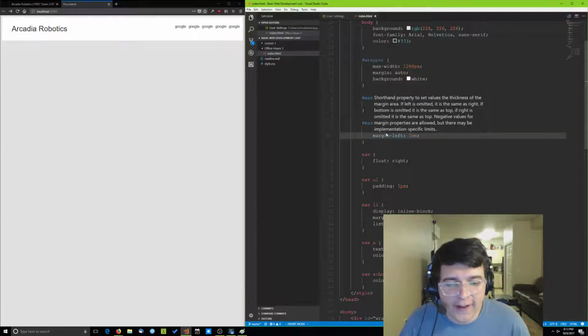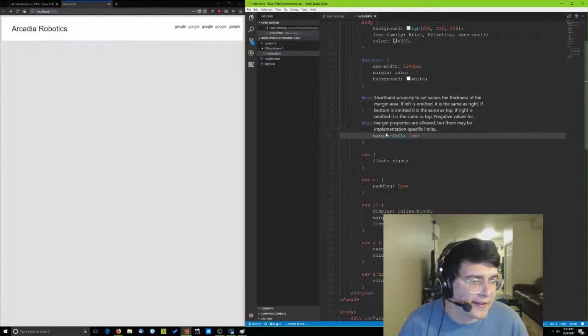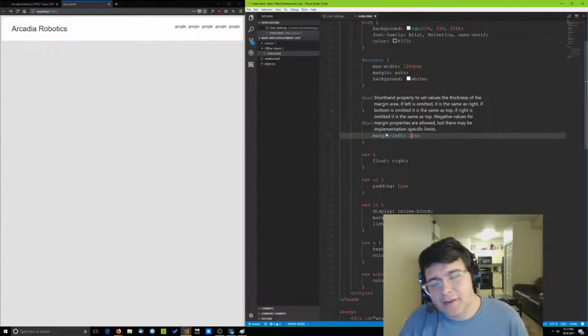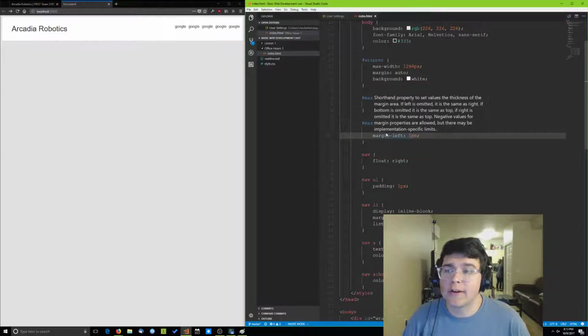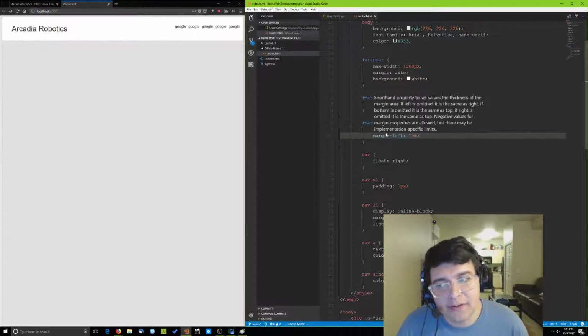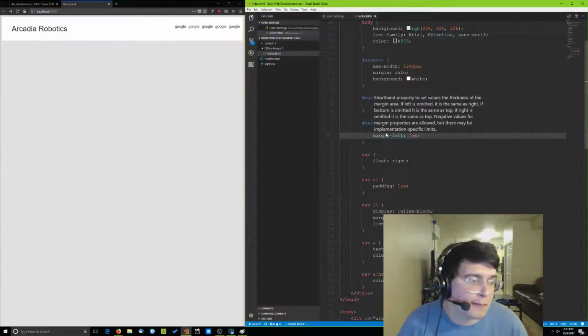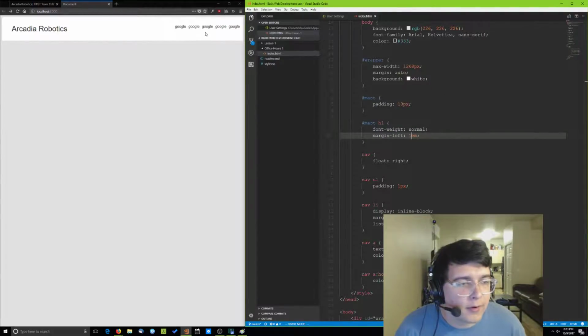Well, an em is defined as whatever the font size of that context is. So the reason I would use em is because I want something to scale as the font size scales, for things like zooming and things like that. And usually browsers are pretty good at handling that, but if they have accessibility settings that don't handle them quite as well, that is where you use em. So